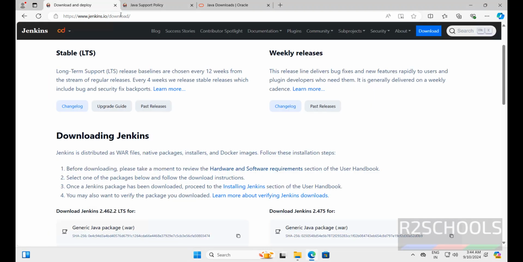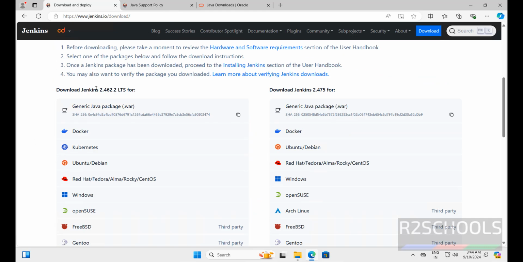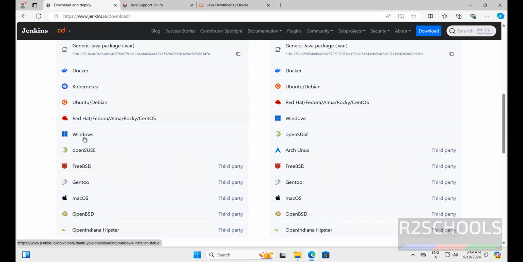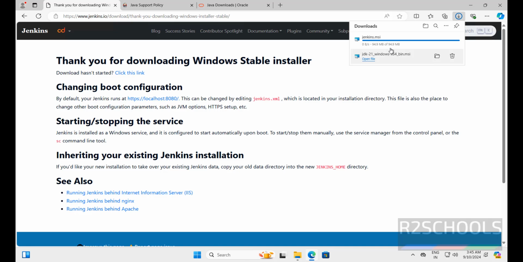Okay, now go to this jenkins.io download page, then scroll down, click on, see, this is the stable version and this is the weekly version. So we have to install the stable version only. So click on Windows. Once we click, see, download has been started. Its size is 94.9 megabytes. Okay, now go to downloads,